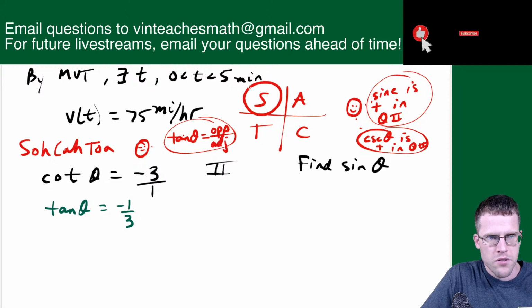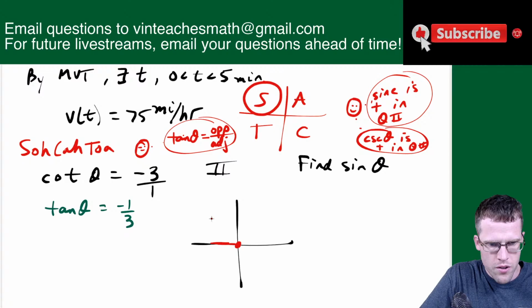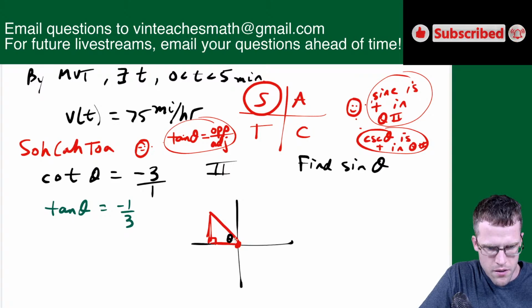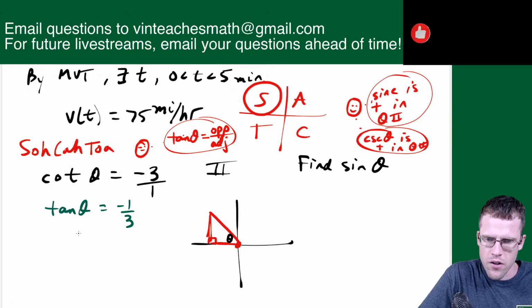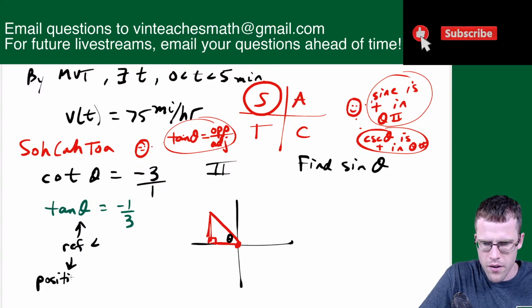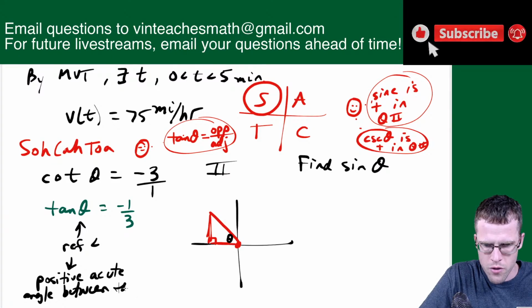So now when we piece all of this together, let's say we draw out this XY axis. We are going into quadrant 2, okay? And I'm going to draw our triangle here like this. All right, so there's our triangle. And the angle theta is here. This is going to act as our reference angle. I want to treat this as a reference angle. And the definition of a reference angle is that it is the positive acute angle between the terminal side